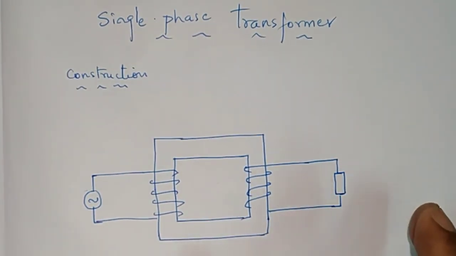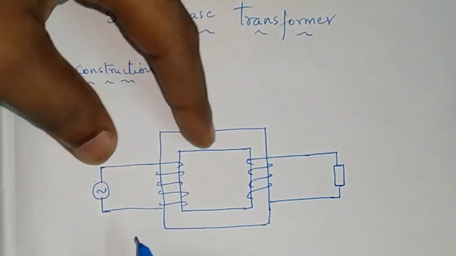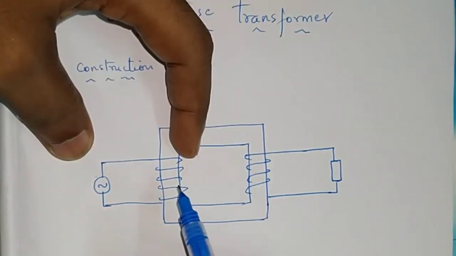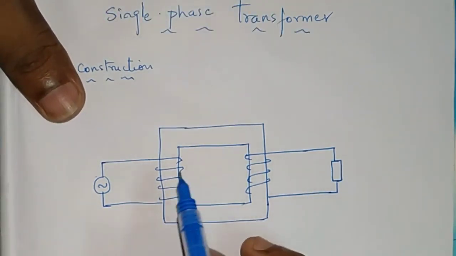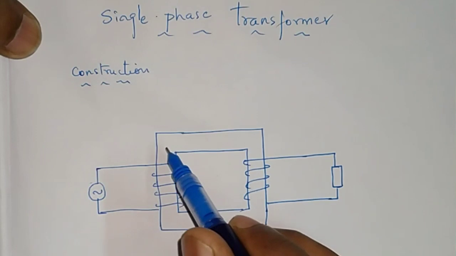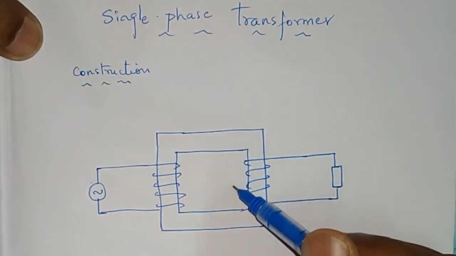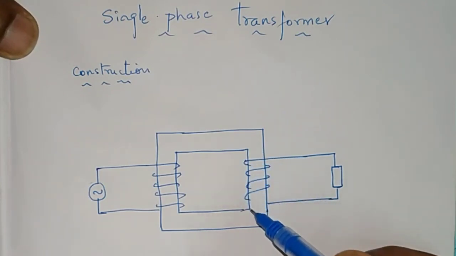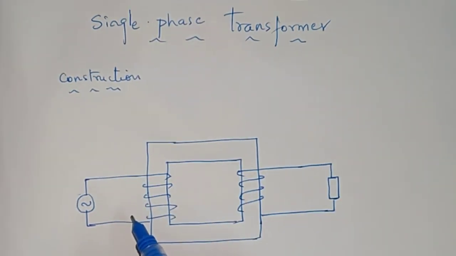This is how the transformer is constructed. We have two sides. This is called as primary side and this is called as secondary side. According to the definition, we know that transformer is used to transfer the electrical energy from one circuit to other circuit. So they are telling about this circuit, the primary side, and the voltage will be transferred to the secondary side, that will be your one more electrical circuit. So now I will explain how the voltage or the electrical energy will be transferred from one circuit to other circuit.